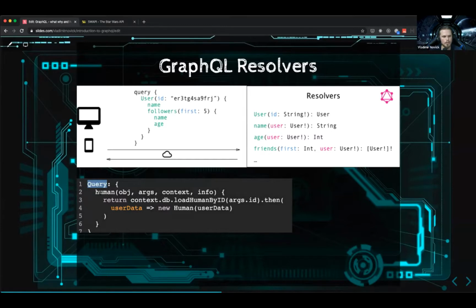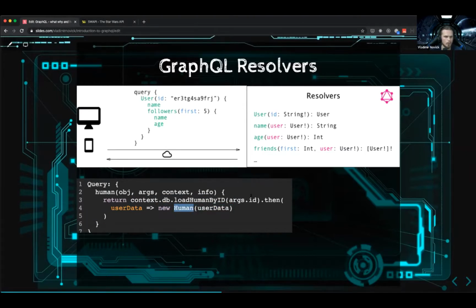So in this case, I can run a query called human, and I can pass different parameters, the resolver will get different parameters, and I can return data from my database. It just depends on your implementation.